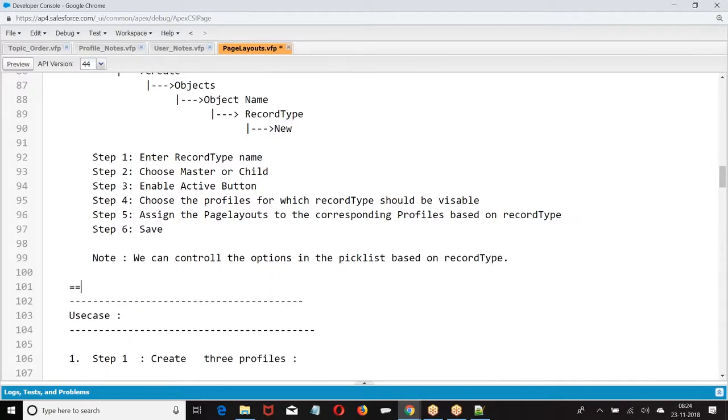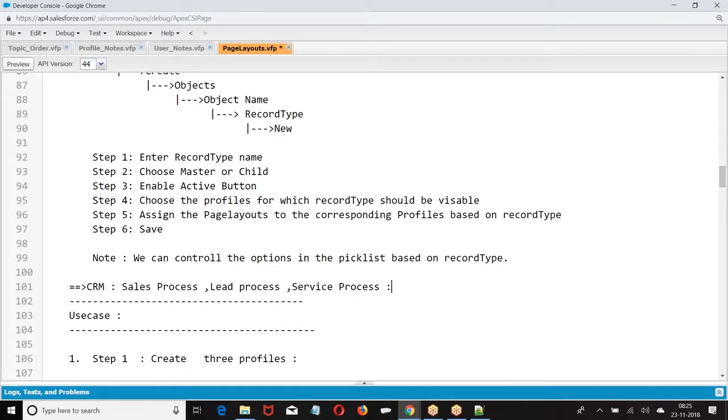Now, in the standard CRM, we have some terms like sales process, lead process, service process. These are controlled based on the same concept. We'll be looking at these terms in the CRM functionalities.